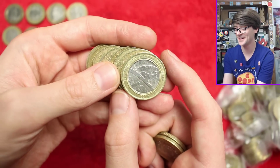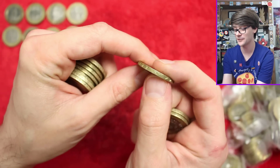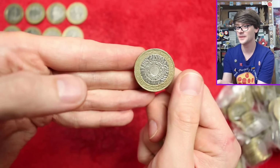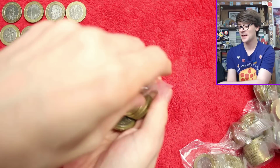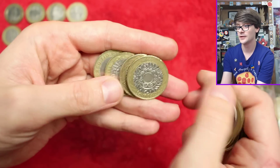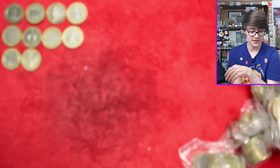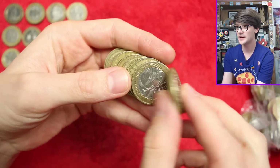Right. The Army Centenary. Check for your rotation error. That's fine. Check the age inscription because 2016 was a bad year for age inscriptions. For King and Country. Nothing too exciting about that. But no, for that anniversary of the bimetallic coin, which for some reason I can't work out, it is 25. That was last year. We were supposed to get not just the commemorative coin, which is a technology with some embellishments, which is quite an exciting one. Oh, Florence Nightingale there. We were also supposed to get a whole bunch of older designs restruck for coins, which, similar to 2019's 50 years of the 50p, would have added in...